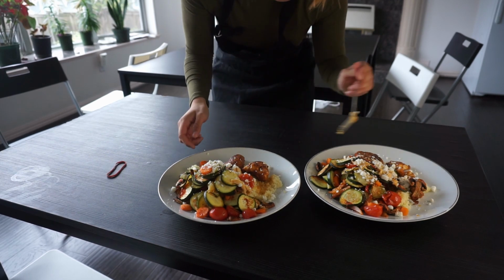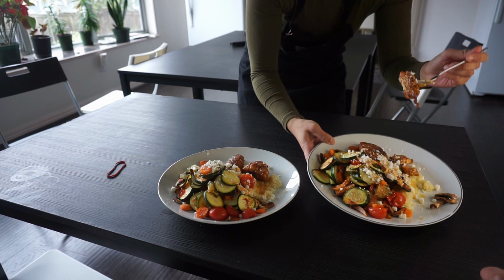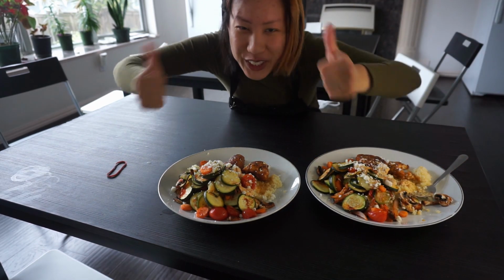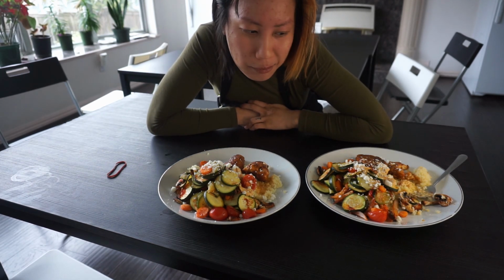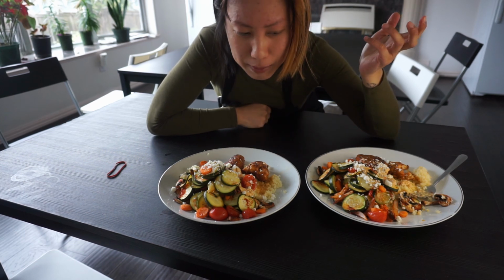You want to try this? Try. Right? That's good. I rate this a 10 out of 10. I'm surprised. And it wasn't even that hard to make. Alright, and you go to my apartment and then I'm going to enjoy this after. It's so sad it's going to be cold, but...